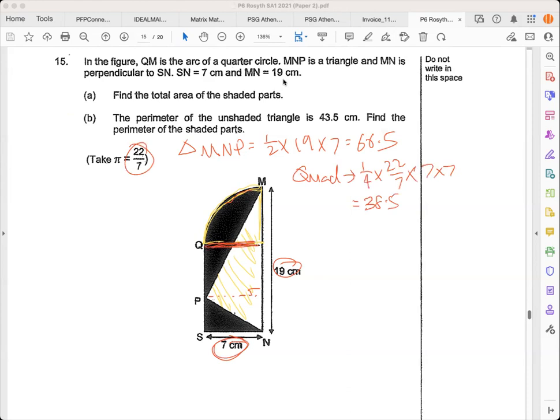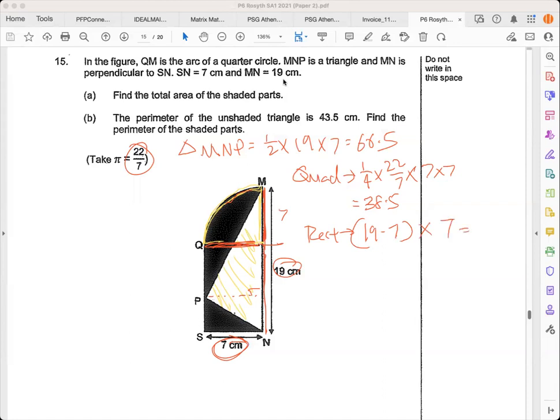Now let's find the area of the rectangle. To find the area of a rectangle, you need to know the length and breadth. So this is the length. The length will be 19 minus the radius here. So this is 7 also. So the rectangle is length, 19 minus 7, times breadth,